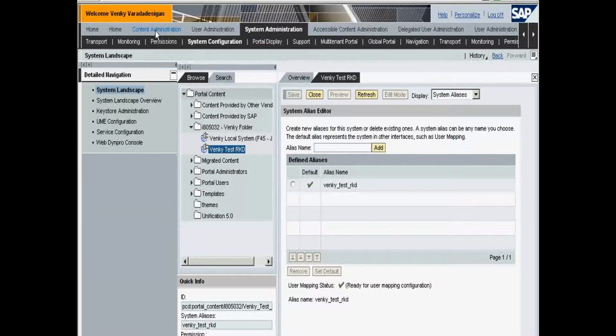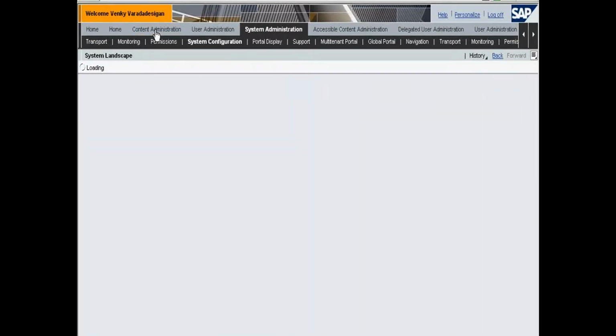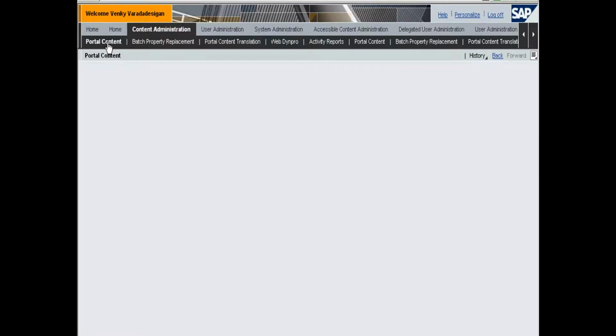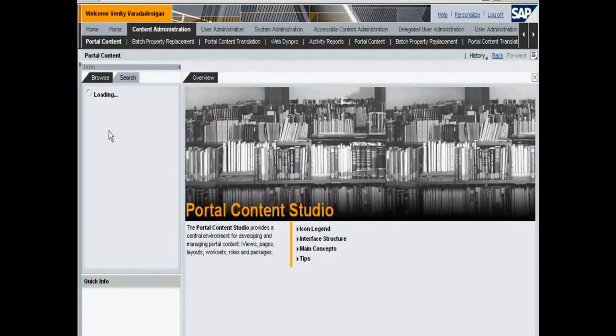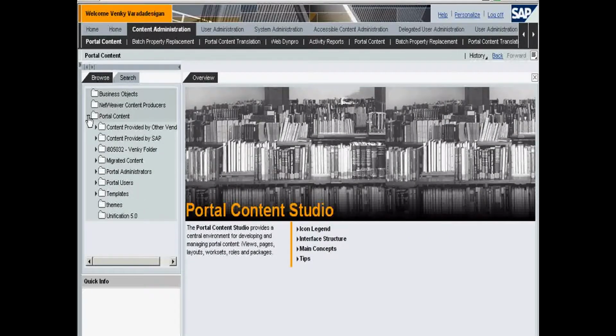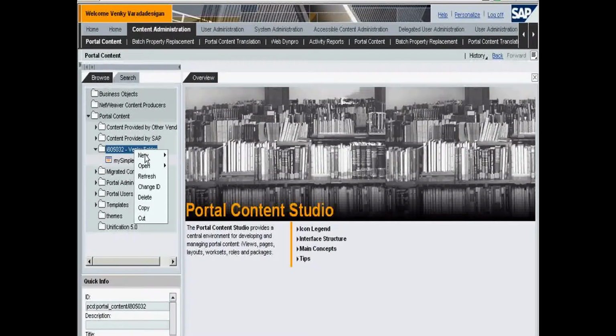For that, we need to go to the content administration. I'm going to create portal content by creating the WebDynPro ABAP iView. I've already created a folder to store my iView, portal content, in my personal folder. So I'm going to create an iView. So right click and new